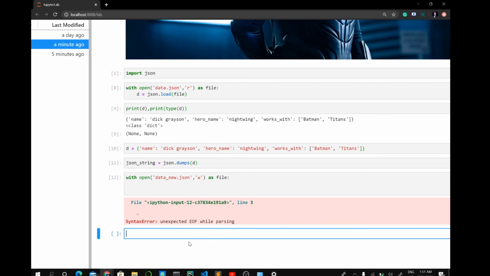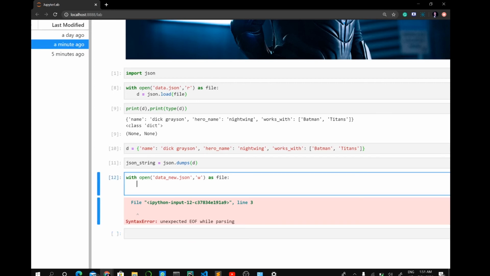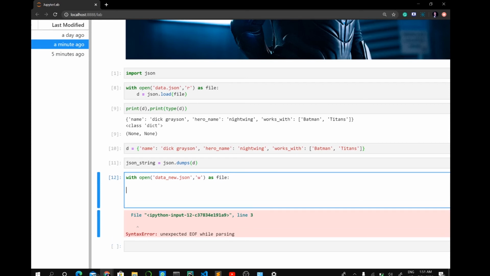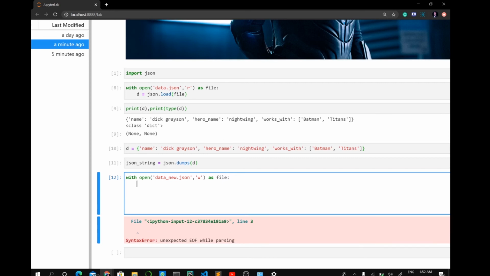But with this statement, when you come out of the indentation, your file closes automatically. So it's a very good practice to use this statement.